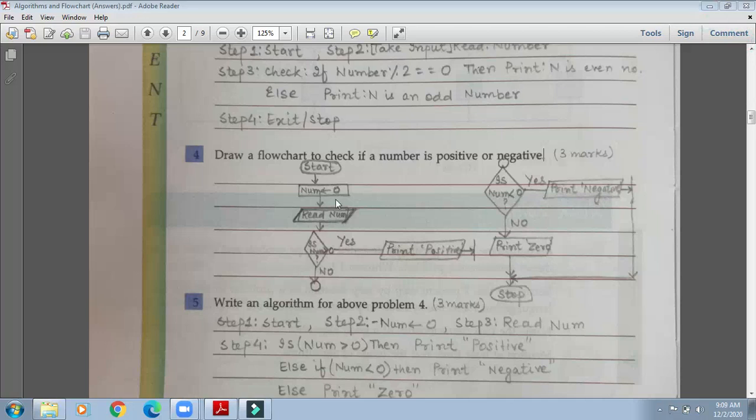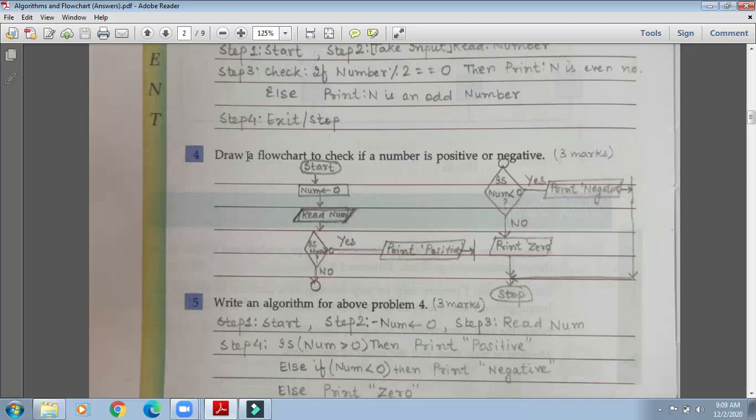That is why I have opted for connector. This is connector. Here you can see this one is connector. Here also this is connector. Sometimes the flow chart is so large, so long that we are not able to place it in a page. So I will go for the next page. So what we will do, we will use connector. Connector is given in the book also. So this one is called connector.